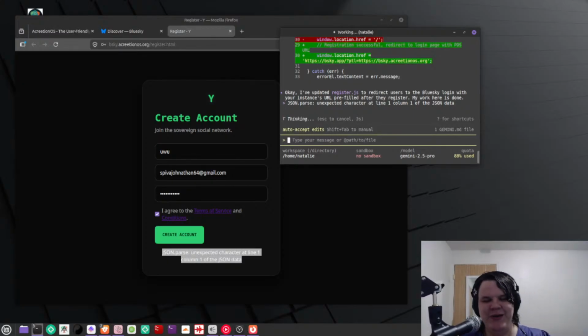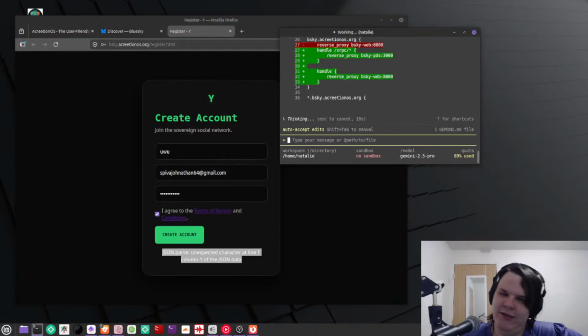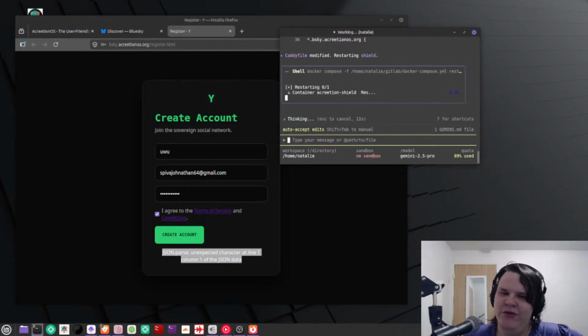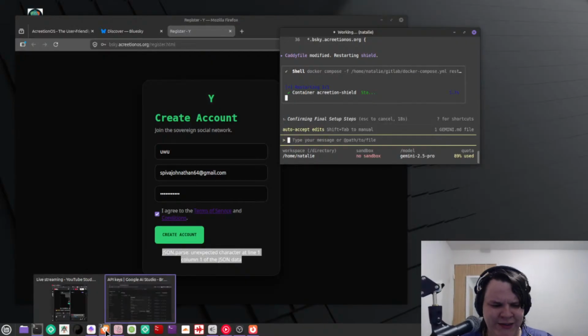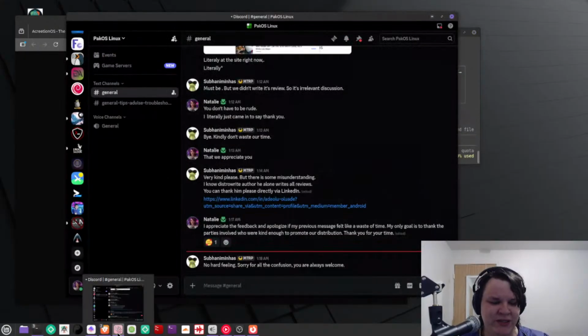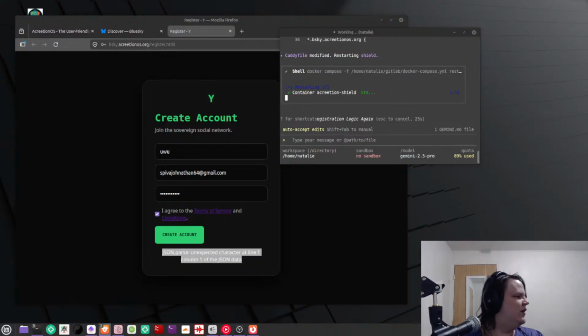If I would have just left this like this, some user would have tried to register into our Blue Sky instance, and they would have got this. You know how angry I would have been if I was a user and got that? I would have been furious. That's not being entitled. That's somebody offering a service and they're not even maintaining it. That's all. And that's the reason why I don't offer all of the services I used to. I wasn't able to maintain them.